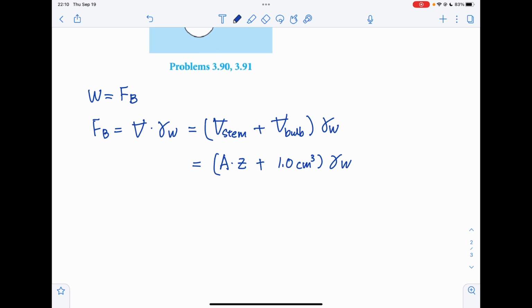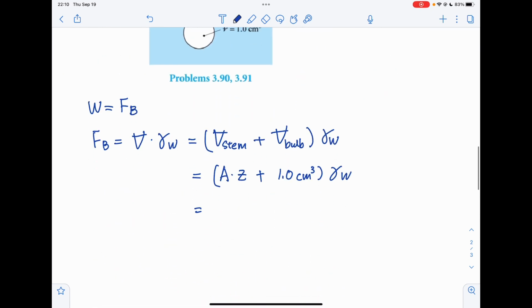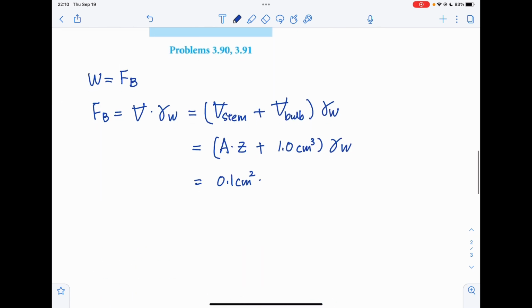Okay. So the area is 0.1 square centimeter times 4.7 centimeter